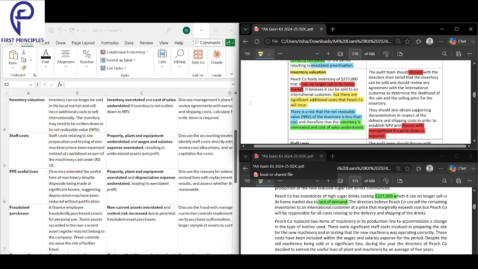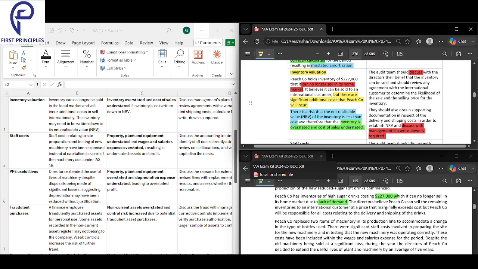Now what is NRV? After selling everything, what comes in your hand, what is left. When you sell off everything and incur all the expenses, what literally comes in your hand? I sold my laptop on OLX. I sold it for 20,000. Then OLX took some commission. So in my hand, only 11,000 came. So that 11,000 is called NRV.